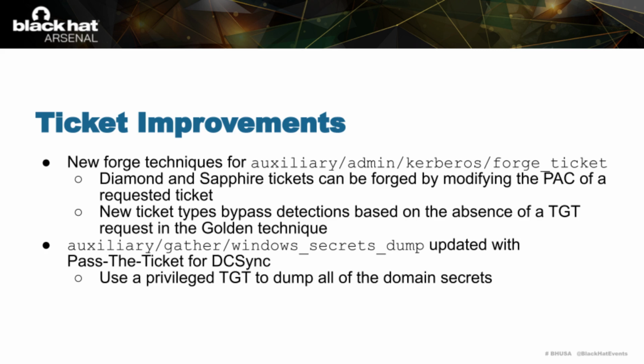Now, what that means is that if we have a ticket that grants us the necessary permissions, we can authenticate to the domain controller and we can use the domain action to perform a DC sync action on it and dump all of the secrets out of the domain without needing to know the plaintext password or perhaps pass the hash. By being able to do it through pass the ticket, we have that particular attack, the DC sync attack, fully integrated into our Kerberos workflows,